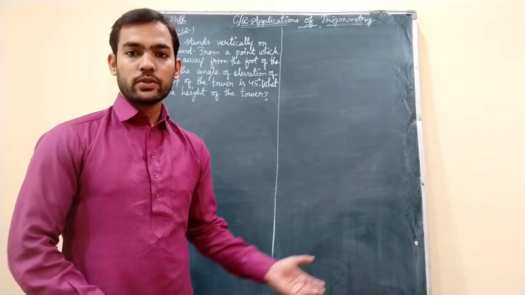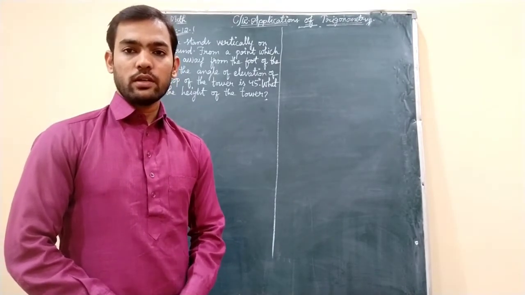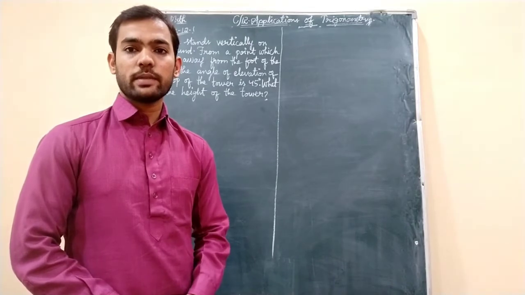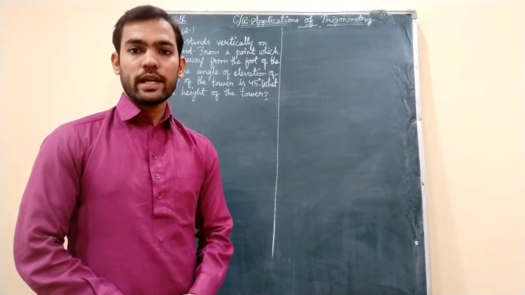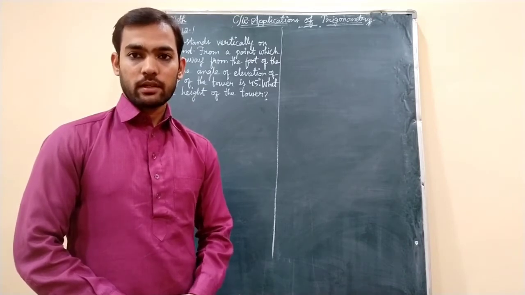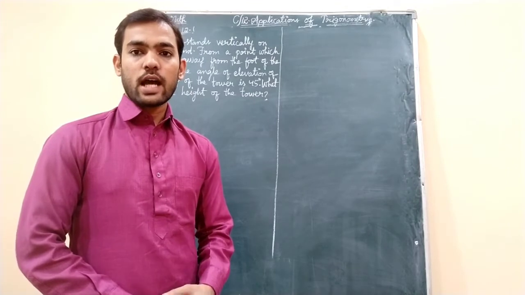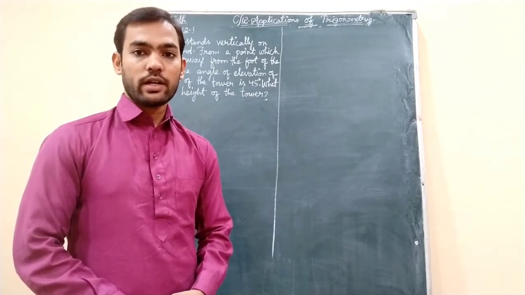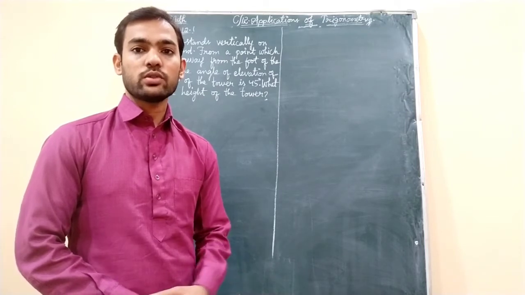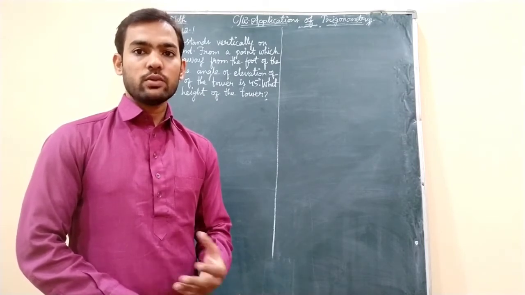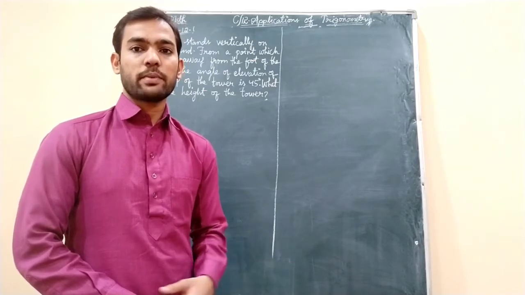Now students, before proceeding to solve the problems of exercise 12.1, I want to say a few things. Trigonometry has been used by surveyors for various centuries. They use theodolites in the process of surveying. Understand? So in such a survey of 1852, the highest peak, which you people already know, had its height measured with the help of those theodolites. Actually, they used those theodolites for measuring the angle of elevation and angle of depression.